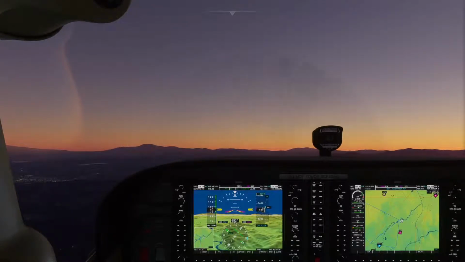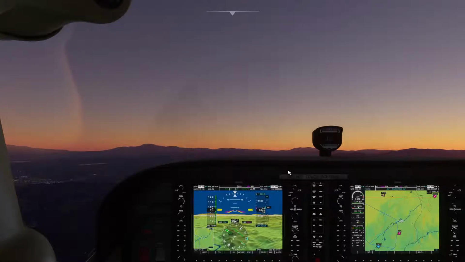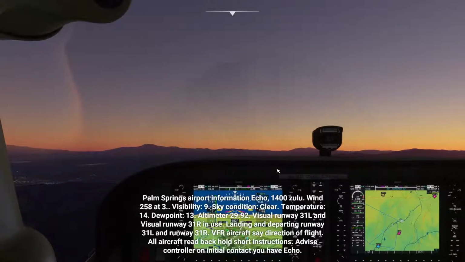Check again. 124.65. Alright, let's switch that. And once we're within range of ATIS,